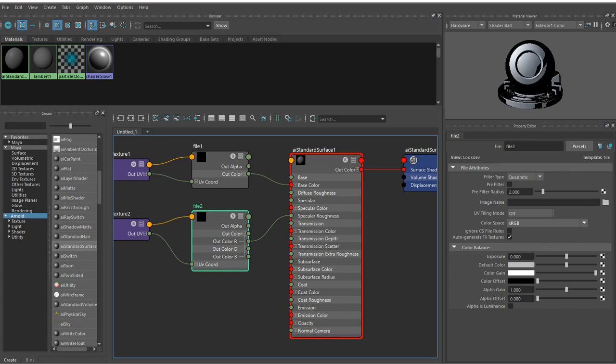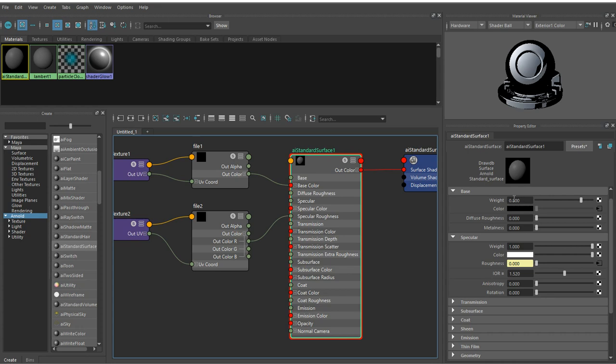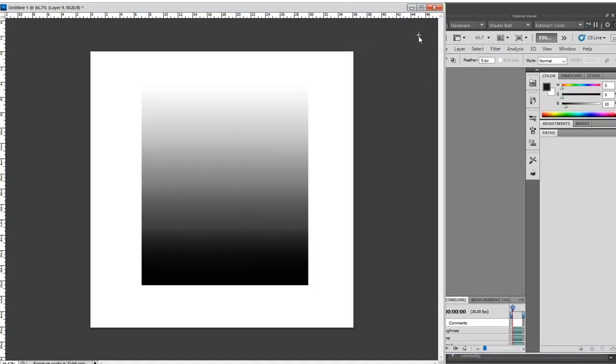So, one last thing that we really have to pay attention to, and that is when I go to this, not all numerical values go to a value of 1 and stop. Many of these do go between 0 and 1 and function in that way. However, some other ones will go to values above 1. For example, this IOR, the index of refraction. How can I use values above 1 in these cases? Well, if I use a mode inside of Photoshop which supports that,